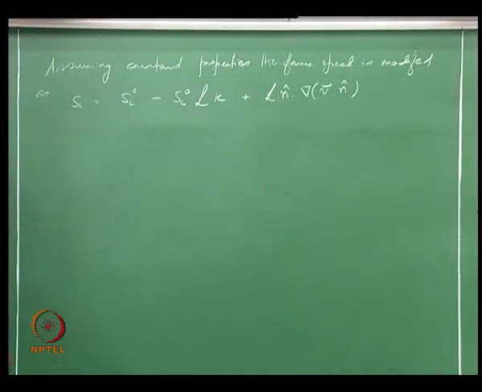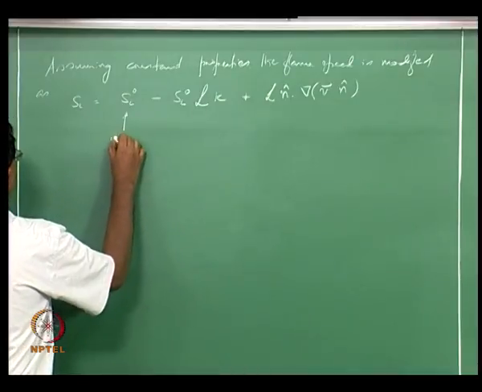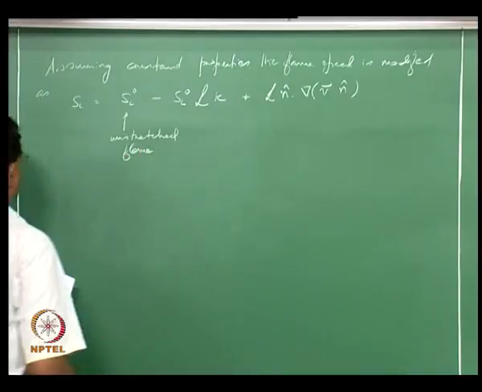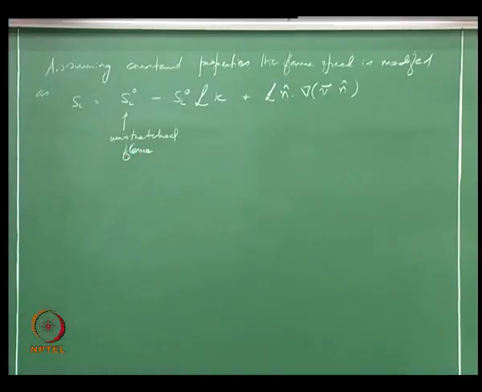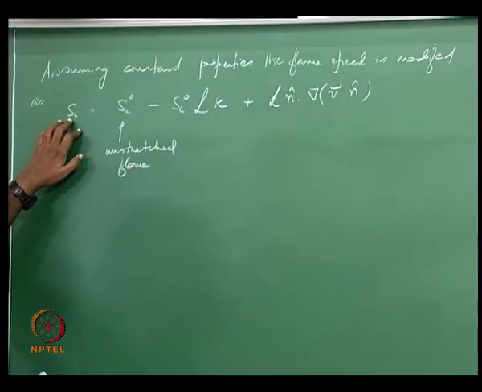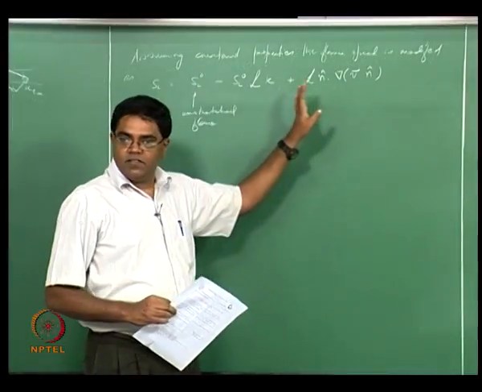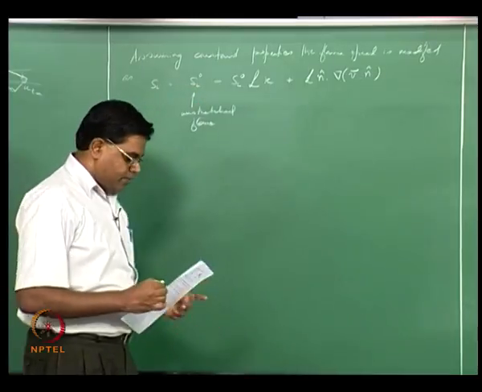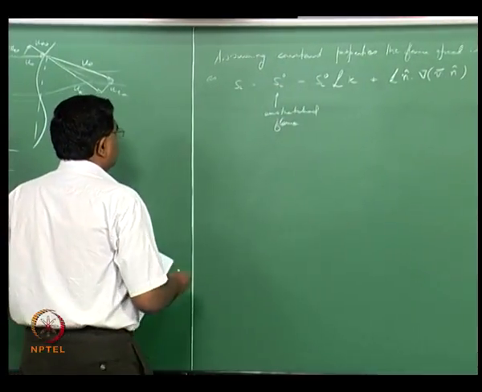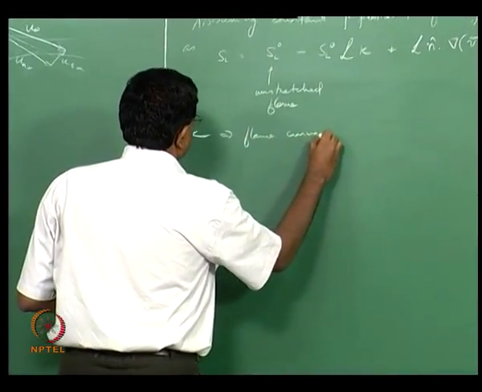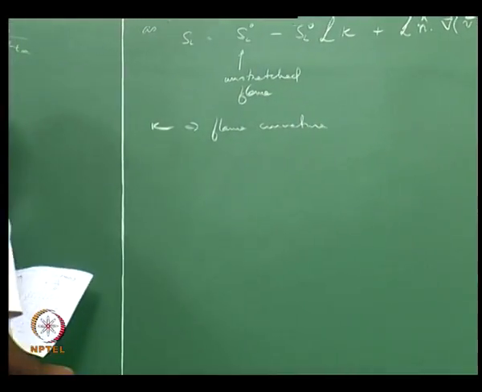So here the SL naught is basically the unstretched flame. It does not suffer from the flame curvature and flow divergence effects, but SL is actually the flame speed that you would have to use for a flame that is curved and also induces a flow divergence correspondingly, and therefore alters the flame speed as well. So here kappa then is the flame curvature,